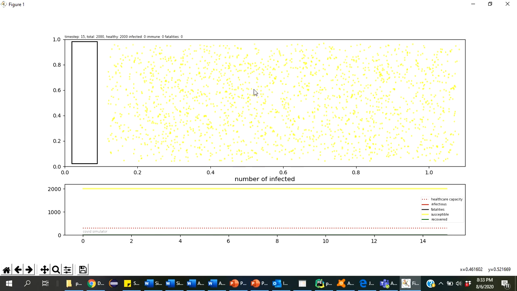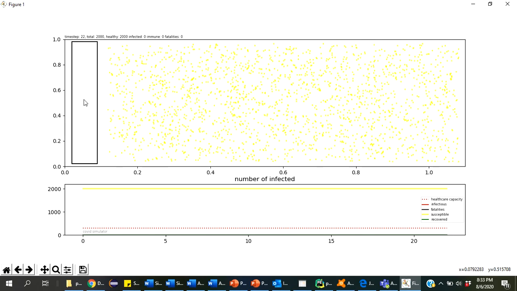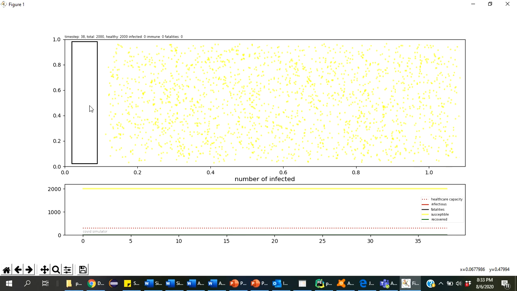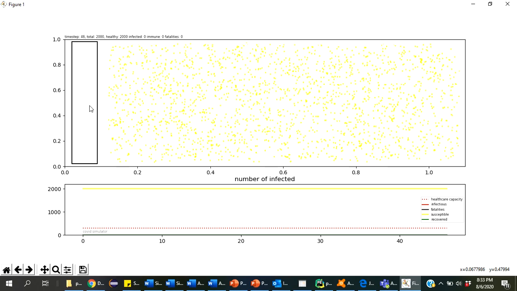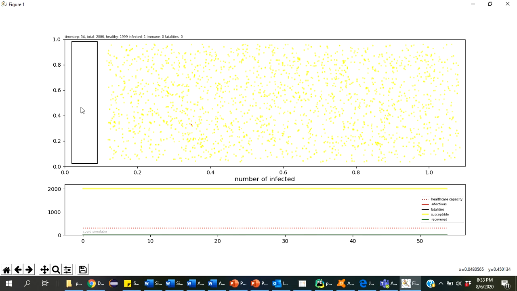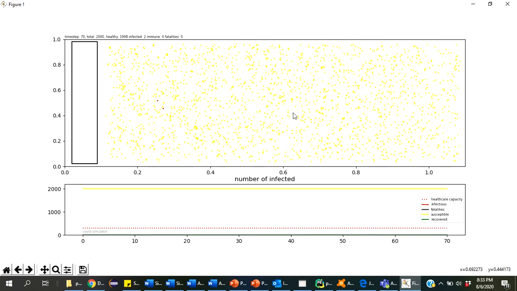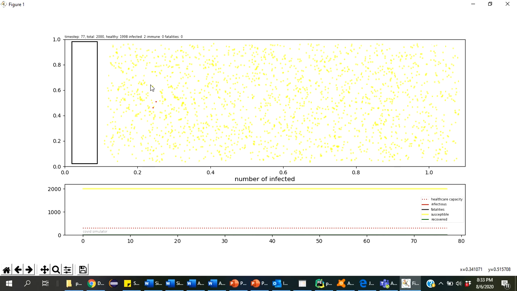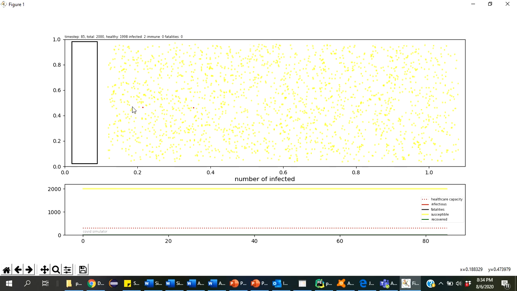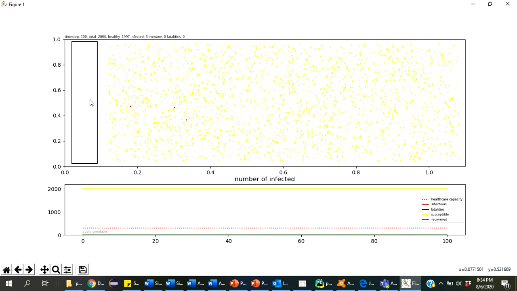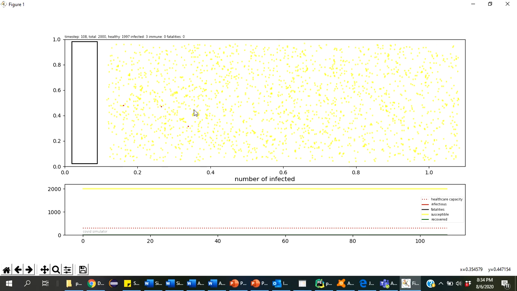People are infected in this area, and after infecting, they go into self isolation, because they will not infect others. That is the purpose. After coming into the isolation part, they will start getting immune. After getting immune, they will move again in this direction, like that. You will see after some time, here two people are already infected, they are starting to move towards this direction, and after that they will start getting immune.